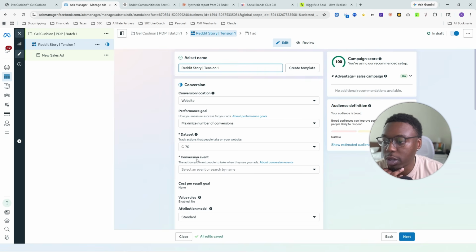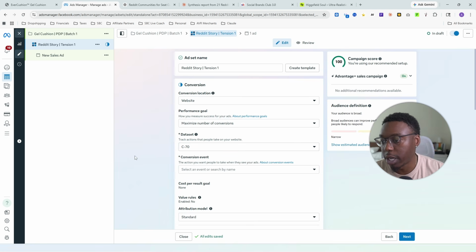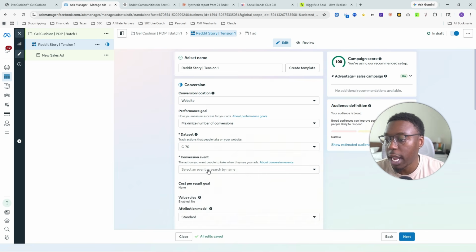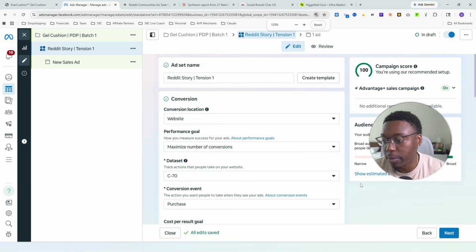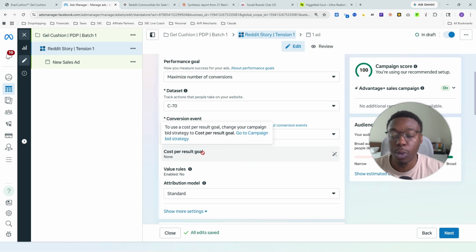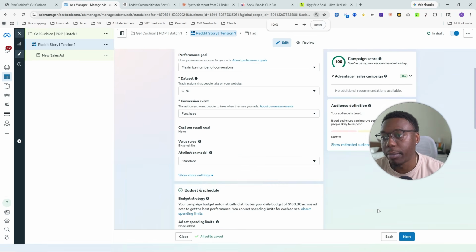You're going to pick a pixel, and if you create a new pixel, make sure your pixel's connected and on your store. And if you create a new pixel and you go to a purchase campaign, which you should always set the conversion event to purchase, if you hit purchase and you get a little message underneath that says, hey, we have no records of any purchases on this pixel, we recommend you go to add to carts or whatnot, always say screw off Facebook and just go with purchase, even if it's a brand new pixel and you've never gotten purchases before. And I get this question all the time, and I'm here to tell you it does not